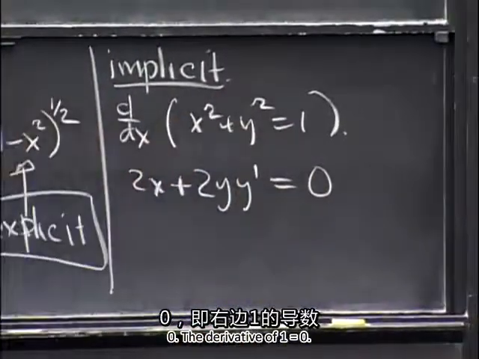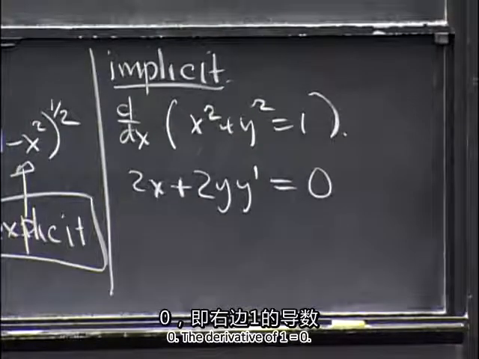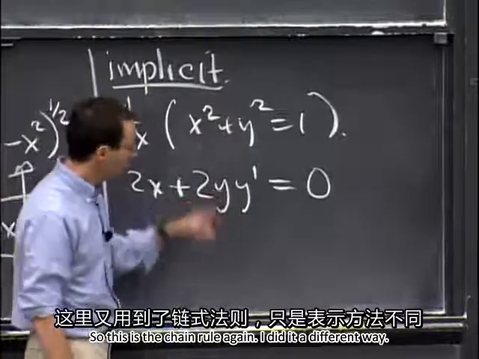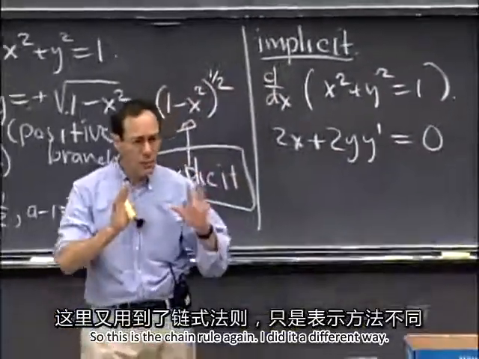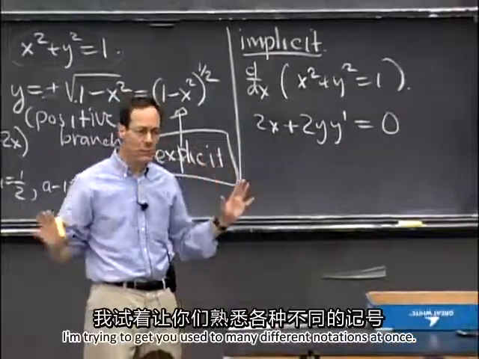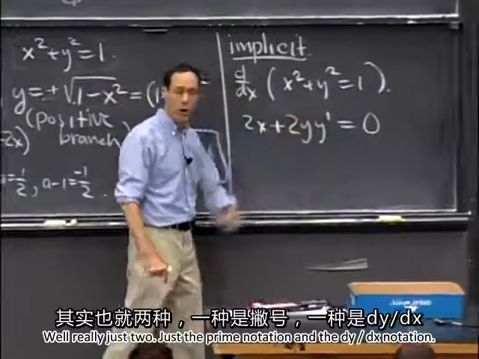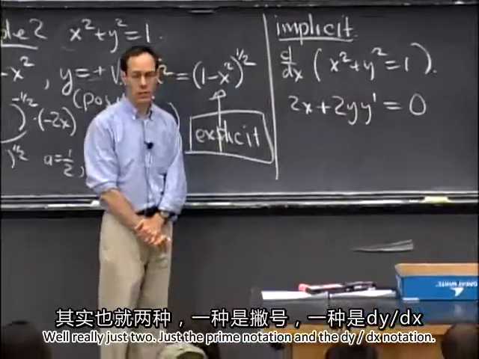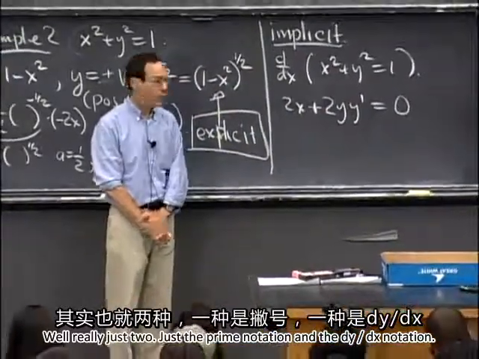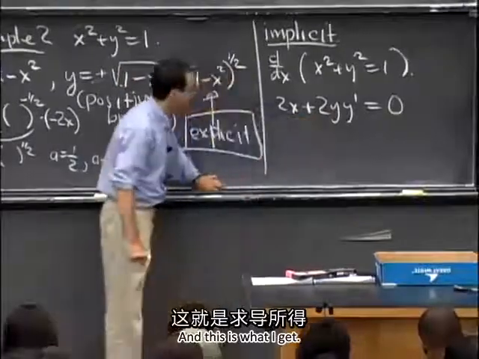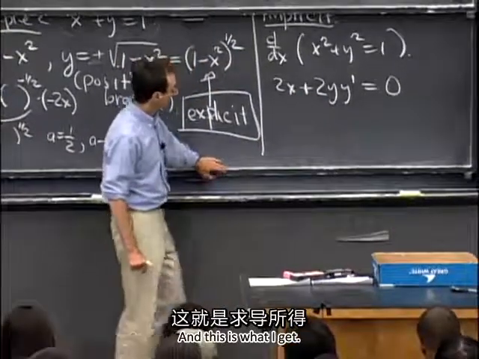Derivative of 1 is 0. All right, so this is the chain rule again. I did it a different way. I'm trying to get you used to many different notations at once here. Well, really just two, just the prime notation and the dy dx notation. And this is what I get. All right? So now,